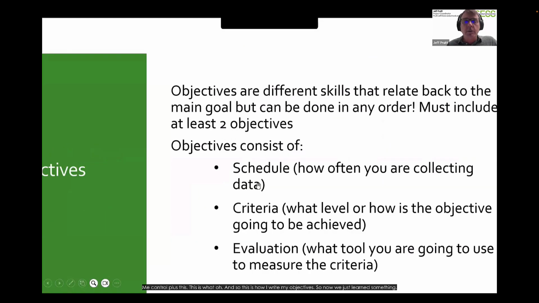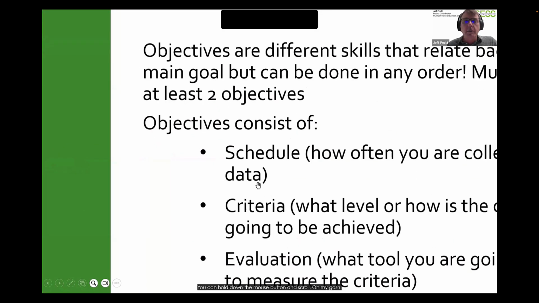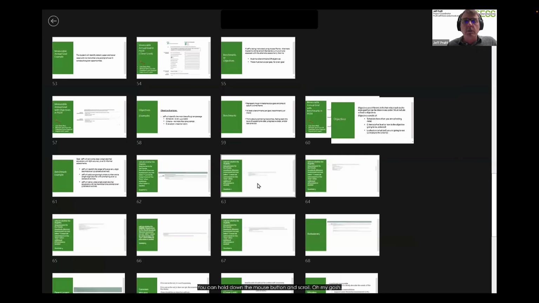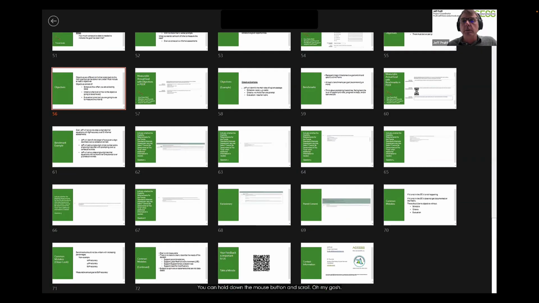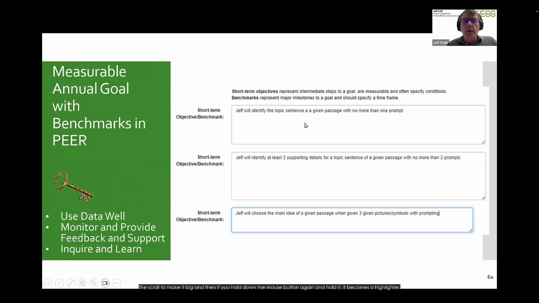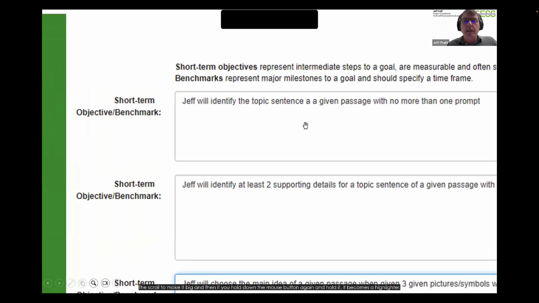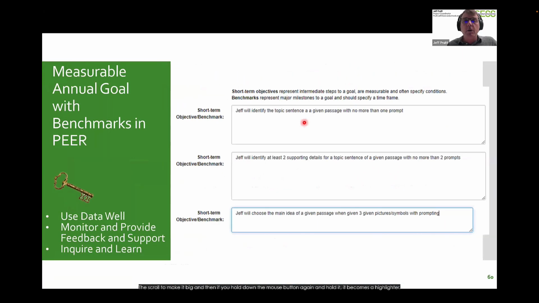So now we just learned something. You can hold down the mouse button and scroll. Oh my gosh. The scroll makes it big, and then if you hold down the mouse button again and hold it, it